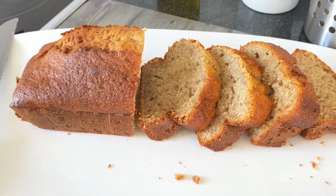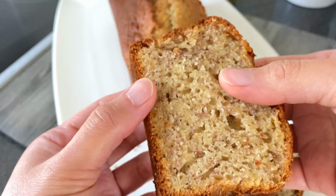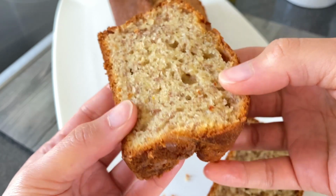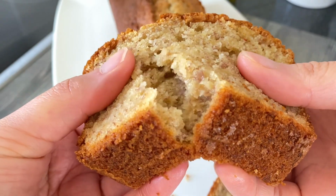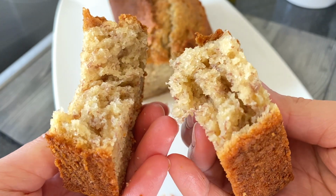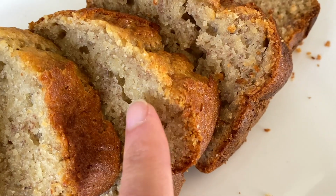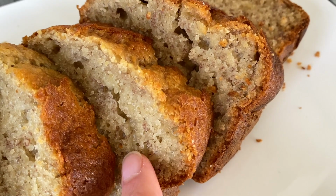And this is different from your banana bread because with banana bread you're looking for a buttery taste and you will not taste the butter with the olive oil cake. You will have the moist and the rich flavor from the olive oil and the orange zest, and I guarantee you every bite is gonna be